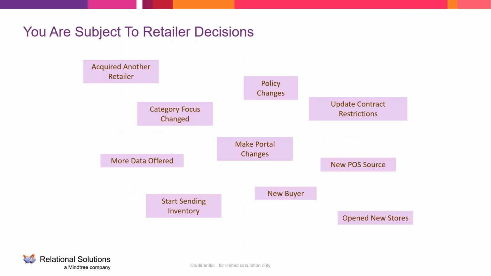So a retailer might decide they're going to merge with another retailer. Well, if Hannaford provides data in one format and Food Lion provides it in another format, and they haven't integrated their systems yet, but they plan to, how are you going to integrate that data with your internal reports? If they start sending you on-hand inventory information when they never offered that before, how are you going to manage that when you now want to start tracking the new information that's being provided?